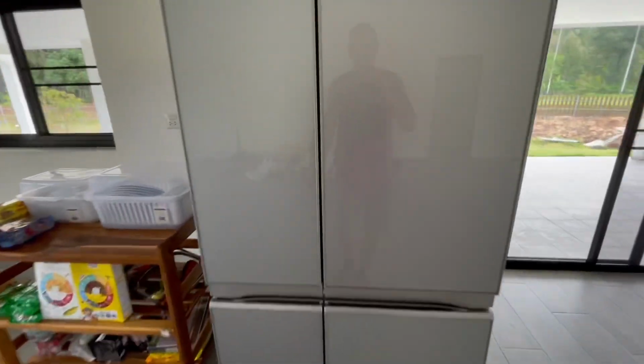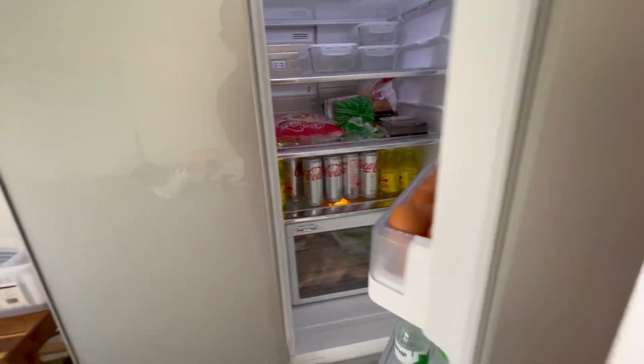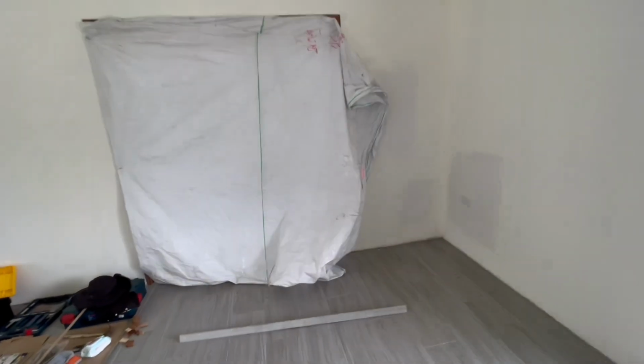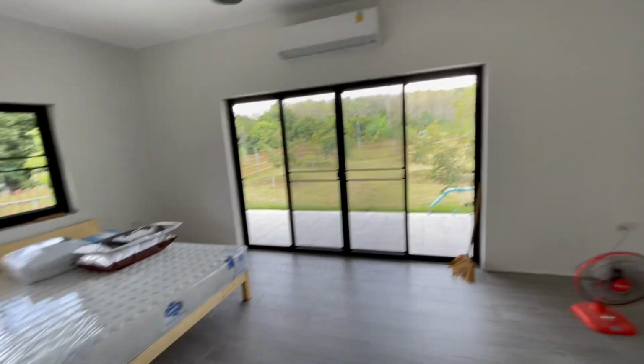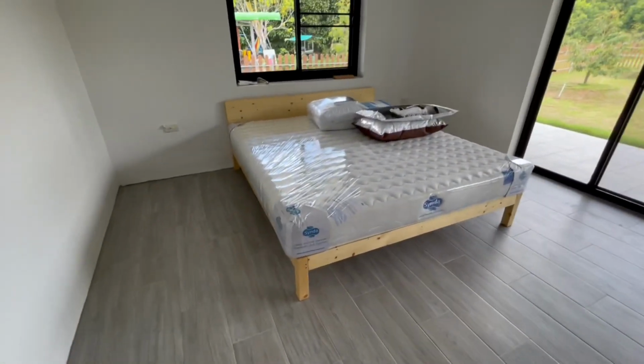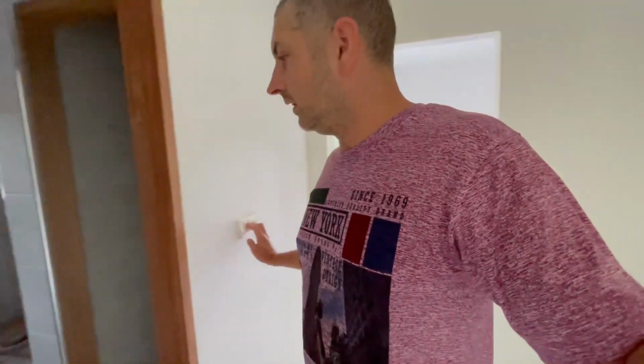so that's all fine. We've got some food and stuff in there. I put this sheet up temporarily, so in the meantime, until we have doors here, when we've got the aircon running, that will help keep the room a little bit cool. And we've got the bed and the mattress and all the pillows and blankets and stuff. So yesterday we were in here just sort of cleaning the floor in our bedroom area and mopping up and